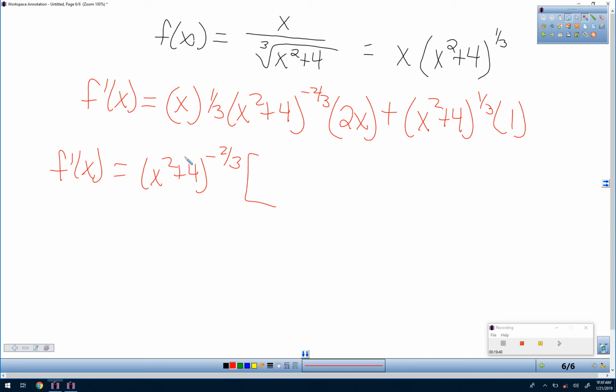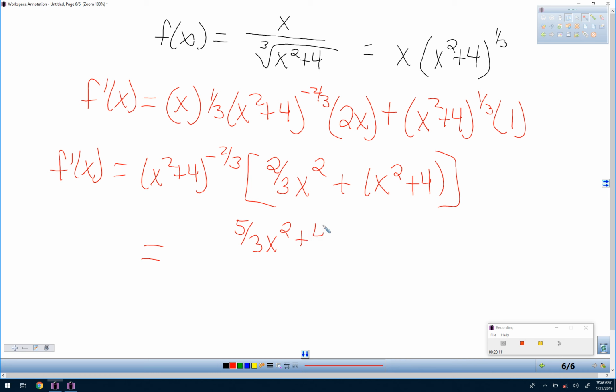And then that would leave behind 1/3 times 2, so that would leave me 2/3 x squared. Then again, 1/3 minus negative 2/3, losing 1 whole unit. So that'll leave me x squared plus 4. And then I'm just going to combine the numerator. 2/3 x squared plus 1 x squared would give me 5/3 x squared plus 4 over